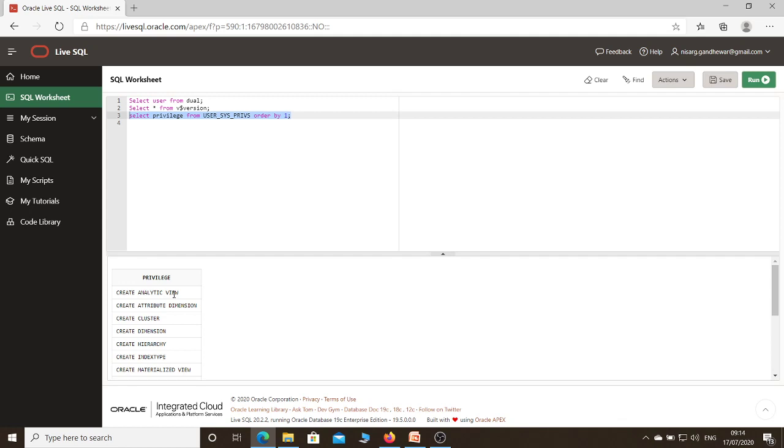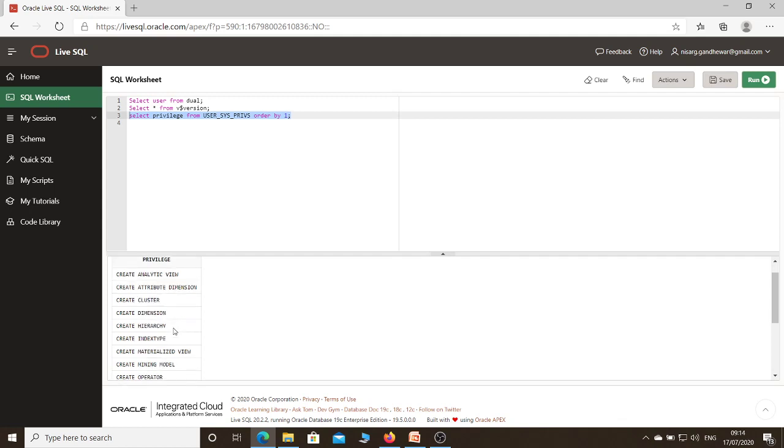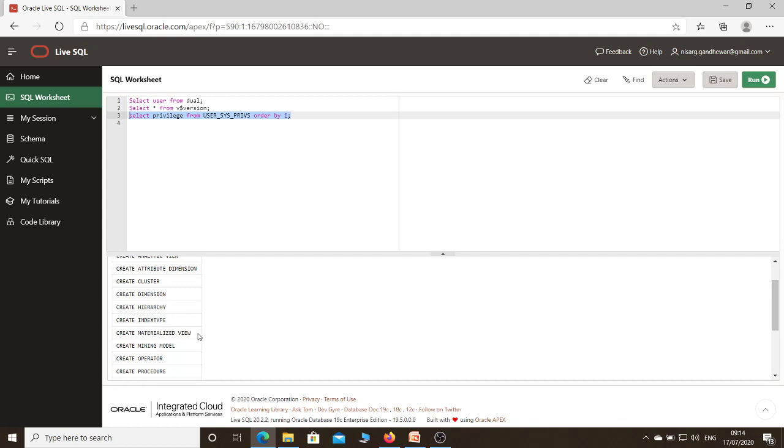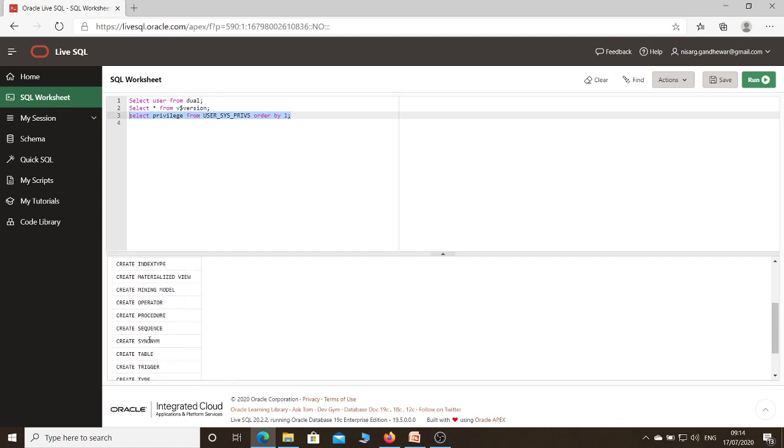I can create a view, attribute dimension, cluster, dimension, hierarchy, index type. I can create materialized view, operator, procedure, sequence, synonym, table, trigger. All these are the various types of objects that we can create. So a total of 16 privileges are assigned by LiveSQL to a particular user.